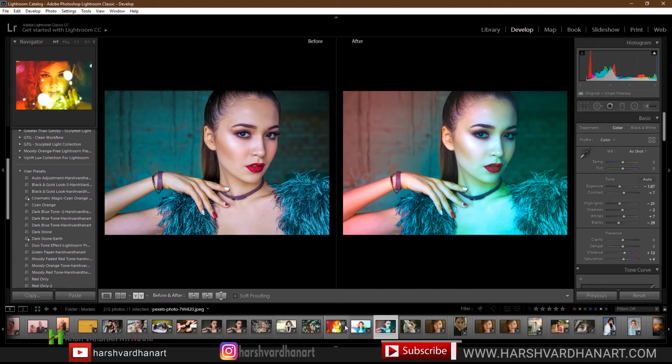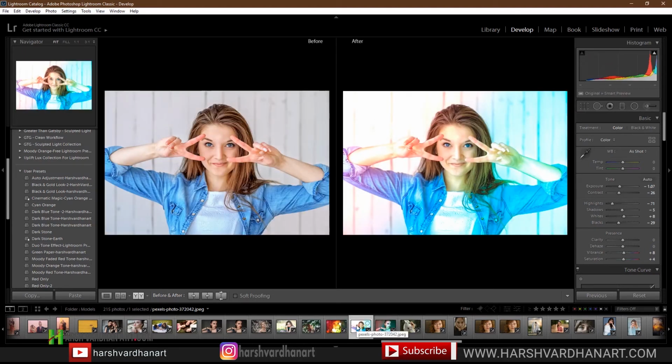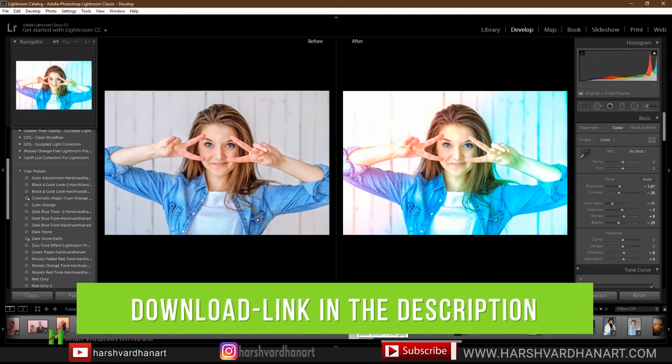And if you want to download the preset, not this one because I don't like this one, so I'll not give you this preset. I would give you the free Photoshop action, which you can again download from my website